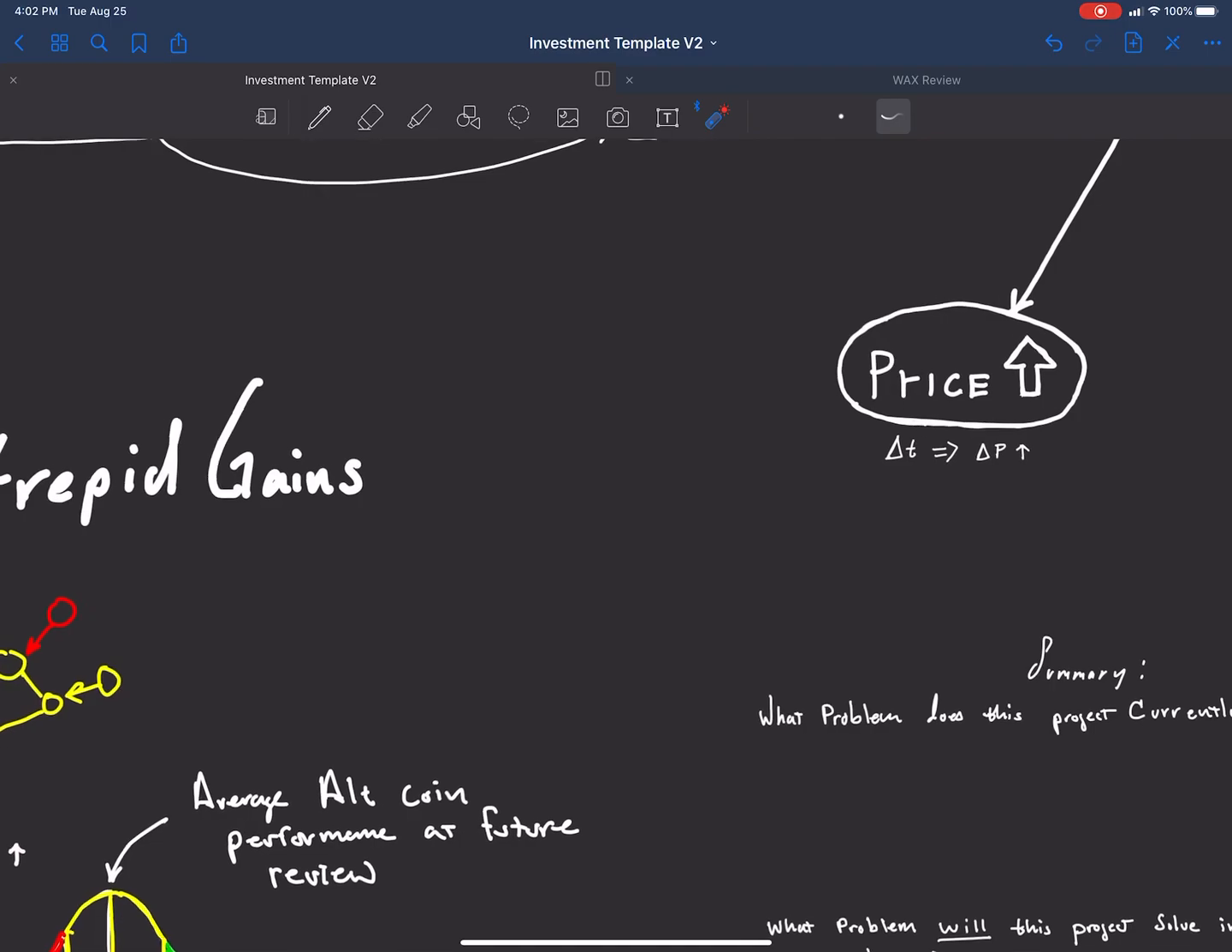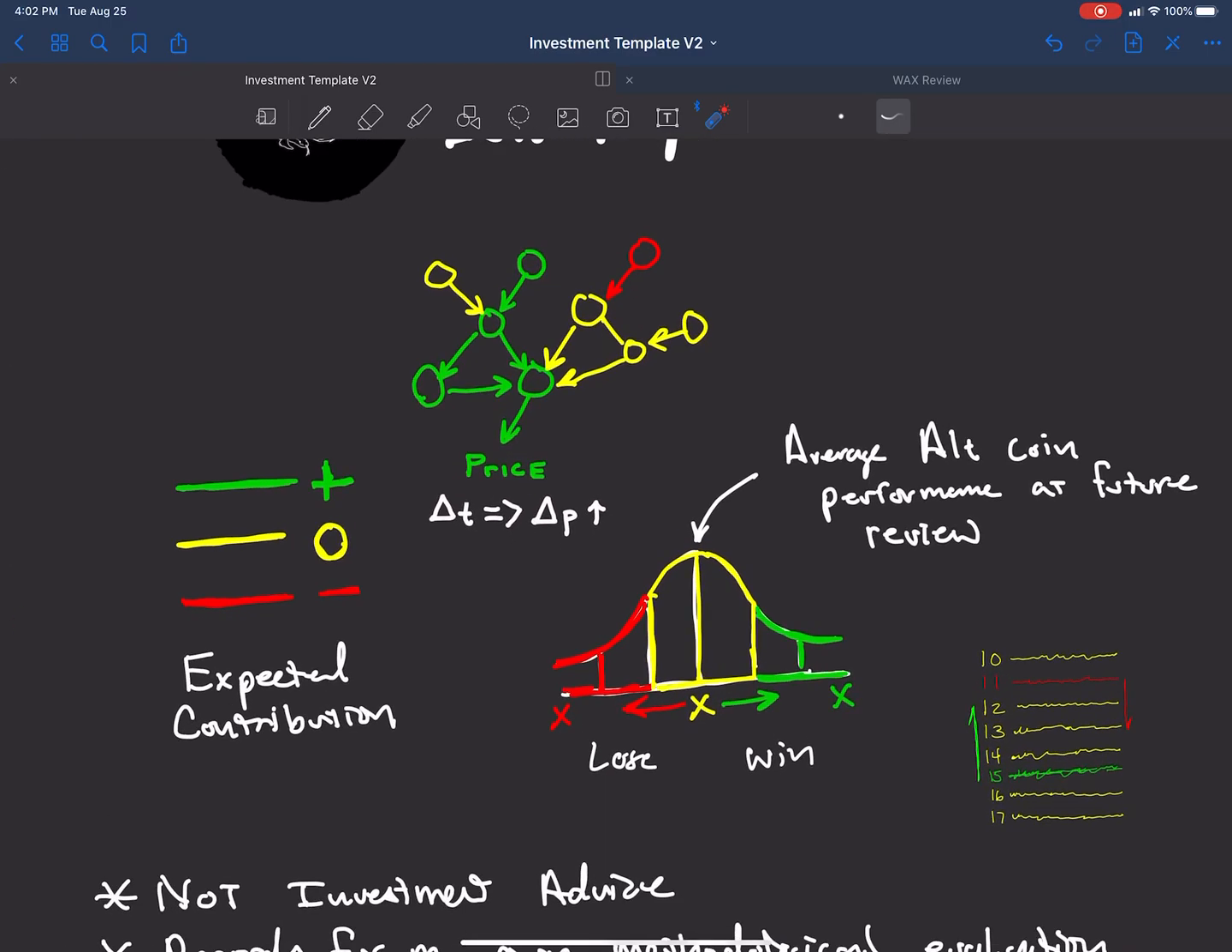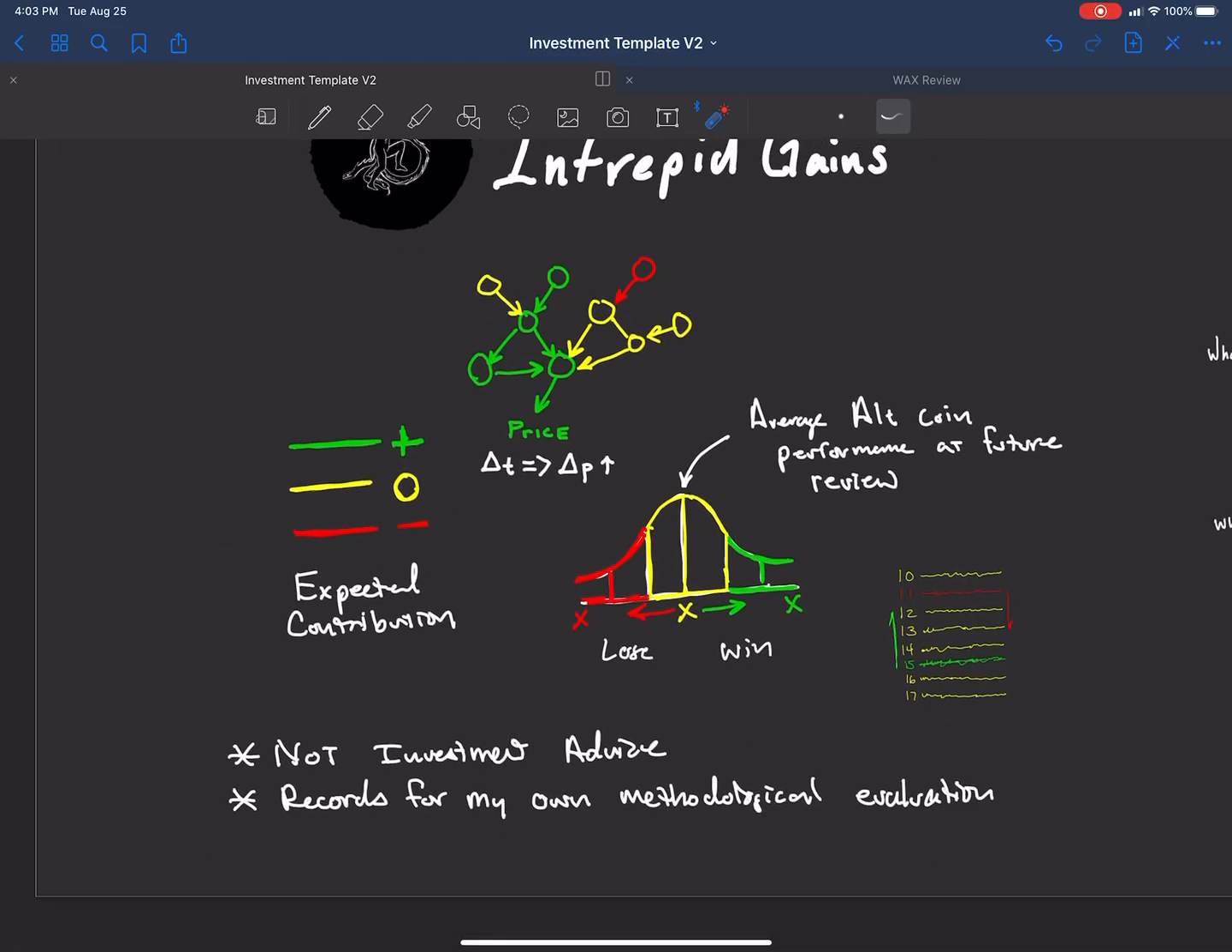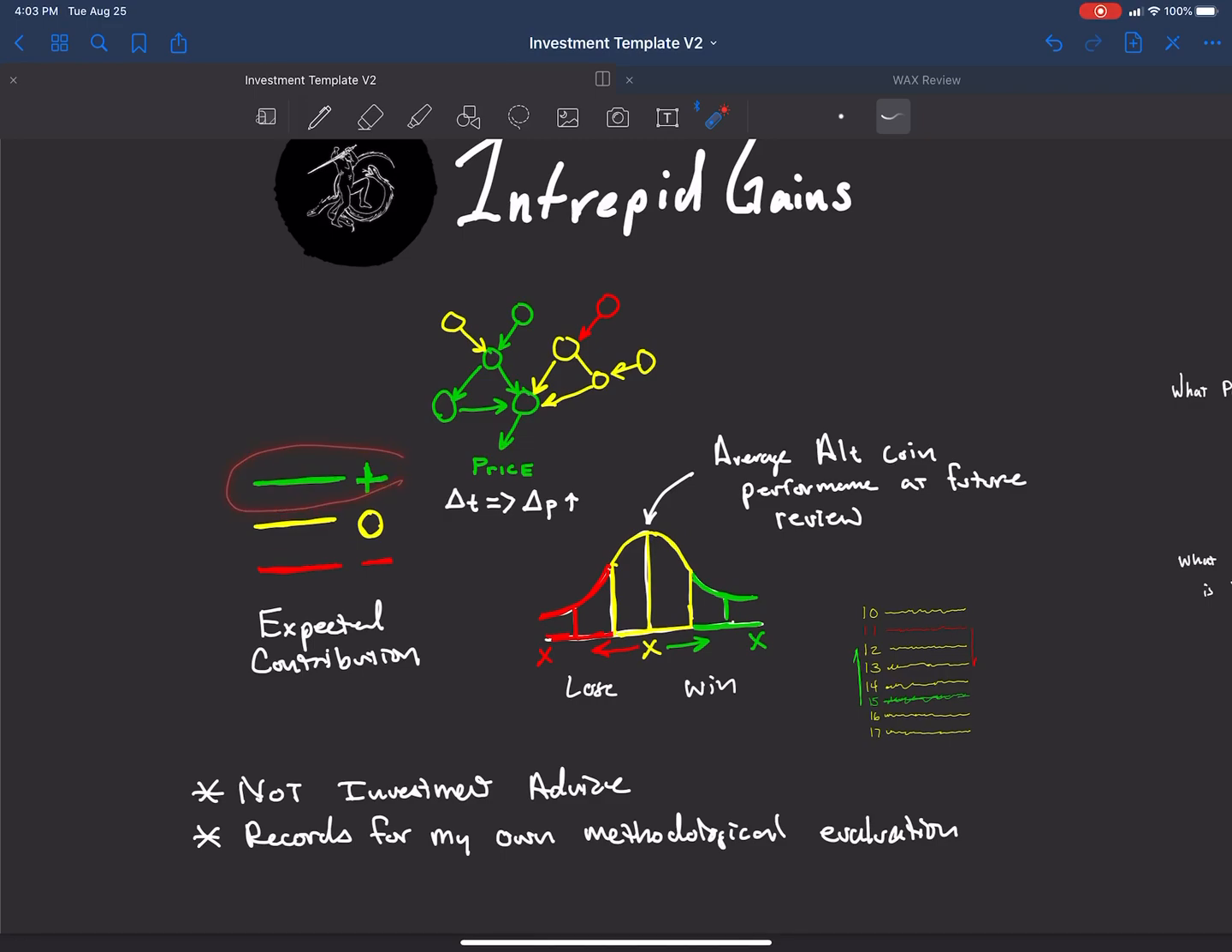Now when I'm talking about price, what I'm talking about is change of time leads to change in price upwards. That's the objective. And I have a color code system: green, yellow, and red. And what I expect the expected contribution will be towards the price in comparison to other cryptocurrencies. So if you look at this, it's like an average distribution. Most of the cryptocurrencies will stay in their relative positions to each other on the top cryptos, but